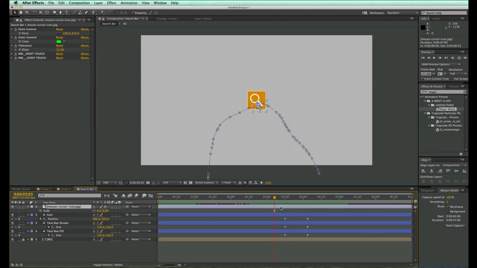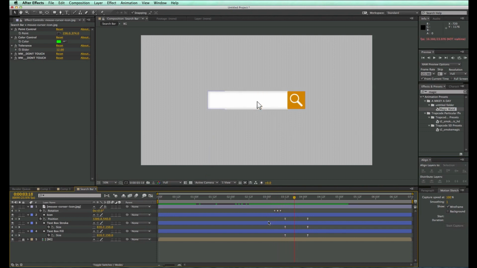So I'm going to click on my cursor, hit R on the keyboard, brings up my rotation. Keyframe, go forward 4 frames, so that's Page Down on the keyboard, or Page Up to go up frames. Add another keyframe, so there's 2 keyframes at 0. Then go to the middle of it, so just 2 frames back, and let's go -7, and then you'll see here that mouse, just that little movement makes it look like it